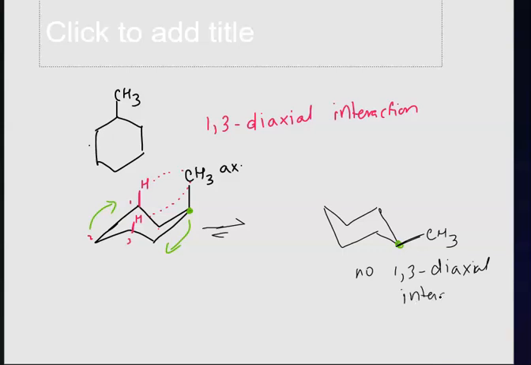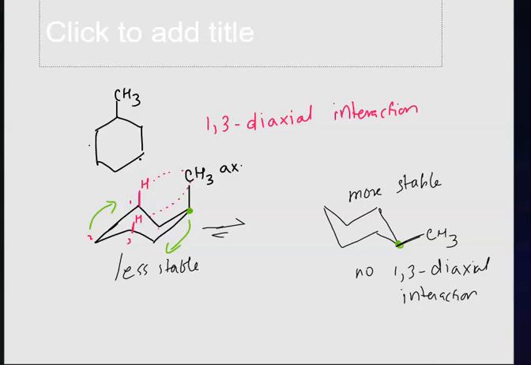As a result of which, this flip conformer is more stable than this one, which is less stable because of that interaction between the hydrogens that are at the 1 and 3rd position with respect to each other. Okay? So in a mono-substituted